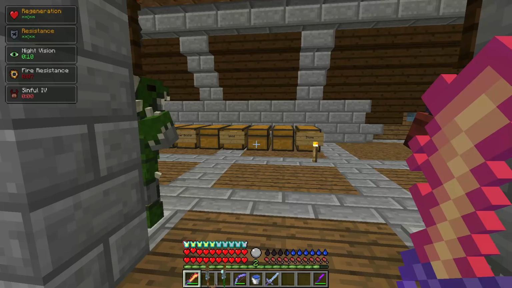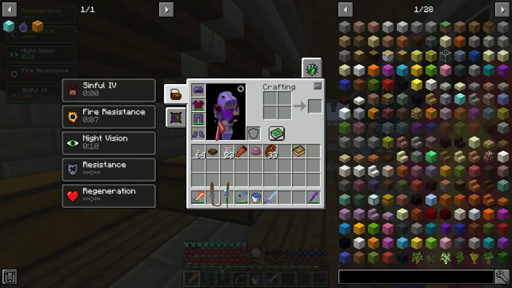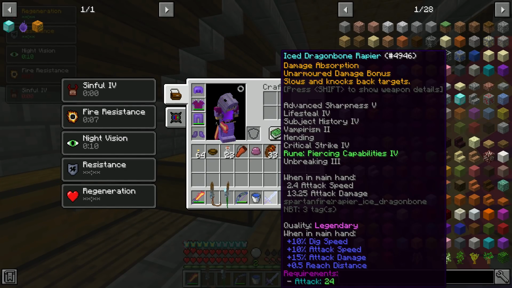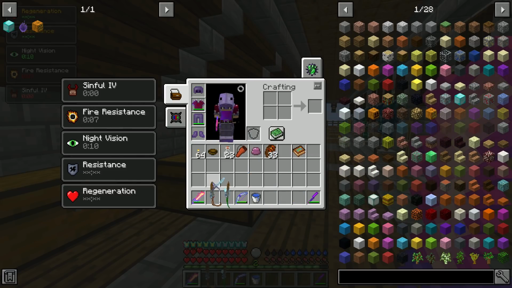So this sword's actually completely craftable with the bookworm. The only thing that is harder to get is the subject history, but that's actually a fairly common drop on weapons, but it tends to come as subject history 1 and occasionally 2. So it's a little bit of a pain to get your subject history 4, but